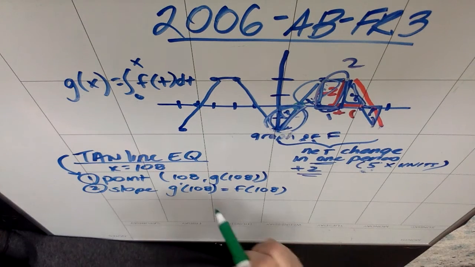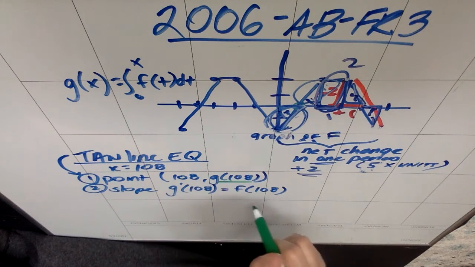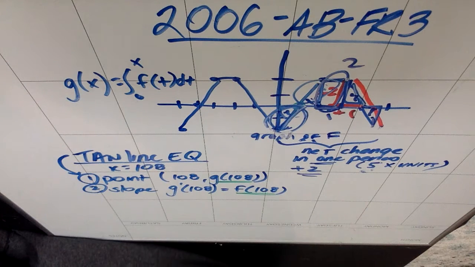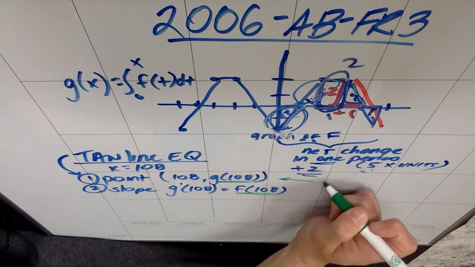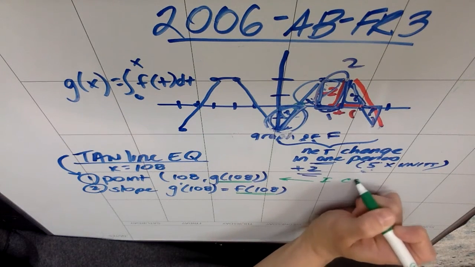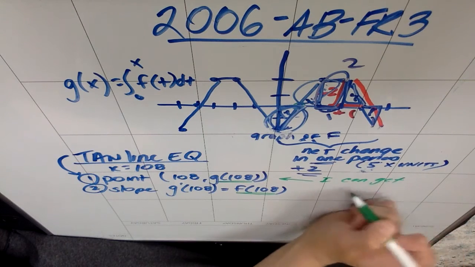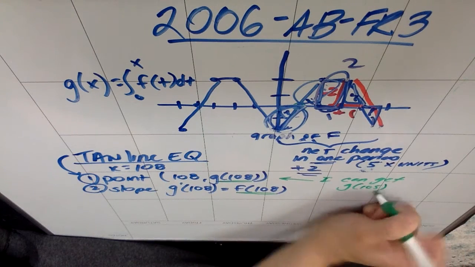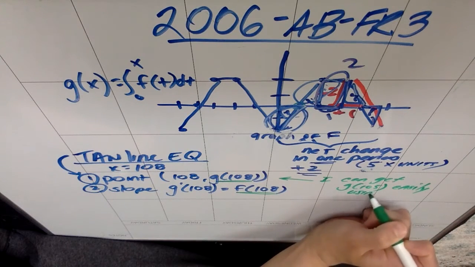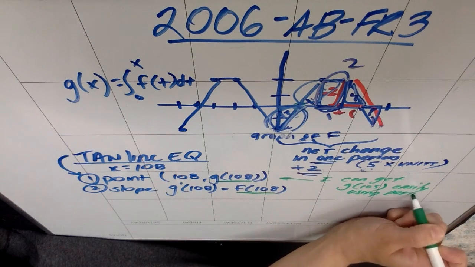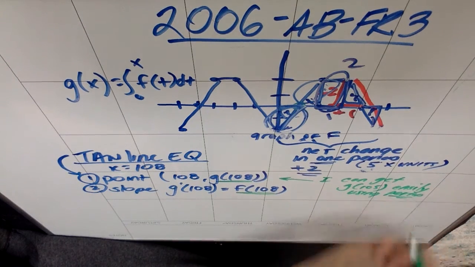In order to do this problem, I need to find g of 108, and I need to find f of 108. Cool. So let's think about where 108 lives. So I need to look at the nearest multiple of 5. So I can get g of 105 easily using periods, using the period of a function,